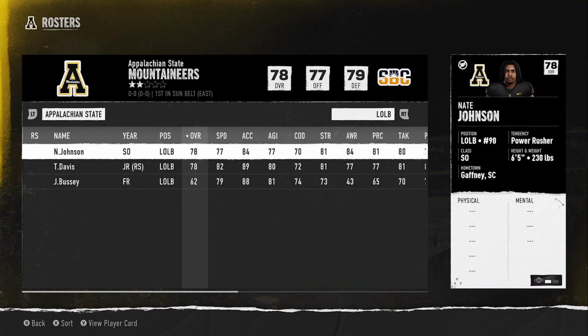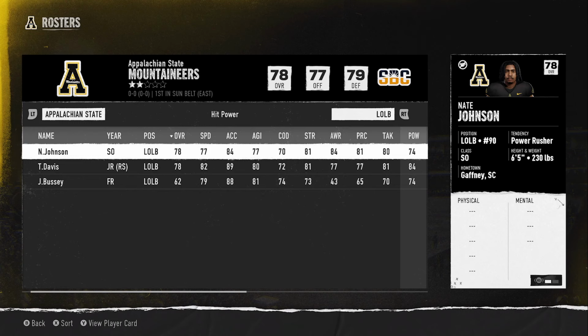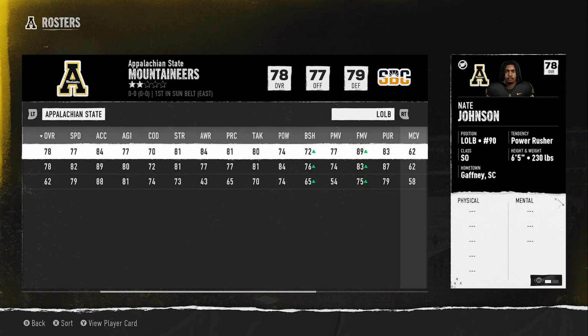But we've got some good athletes here at the linebacker position. Sophomore Nate Johnson, potentially one of the better players on defense. He's a 78 overall, still going to have 3 full years counting this one. But he's got a 77 speed, so not the fastest. 84 acceleration. 77 agility, so he's not the greatest, most athletic guy, but he's pretty strong, good awareness, a good tackler. He's got decent power. I think he's going to be pretty good with his zone coverage there at a 73,